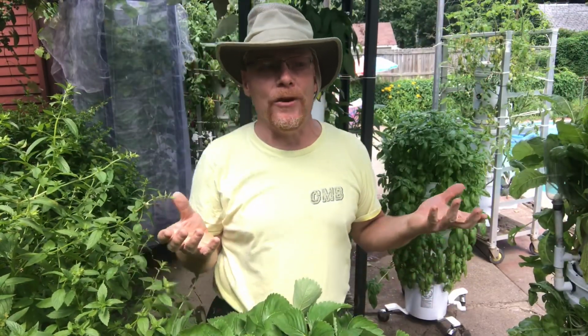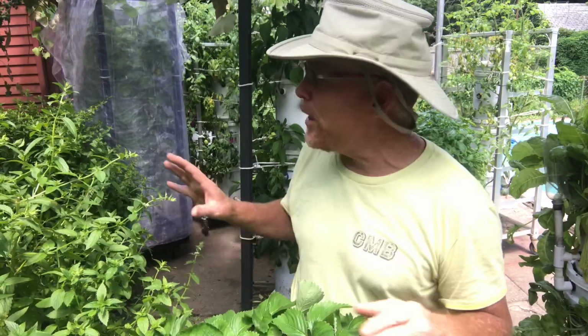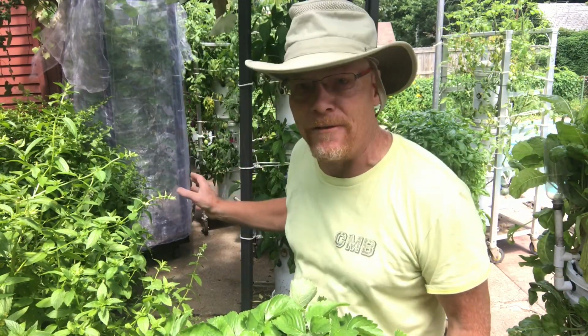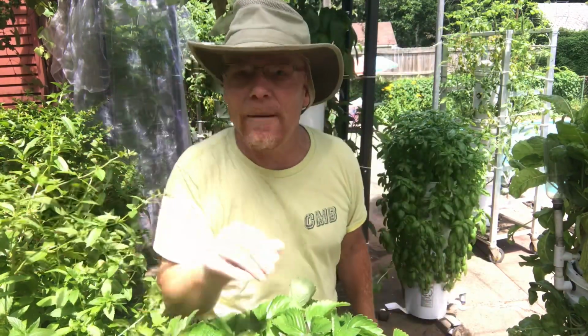What could you do if your garden was mobile? You could take your farm and take it into the building if there's going to be bad weather. New England here, longer growth cycles would be attained, and we're using very little energy. If we wanted to hook this up to be totally self-watering, if I wanted to go away for a week, which I have done, I have this set up using hardly any energy. A small pump can water all these towers at one time,